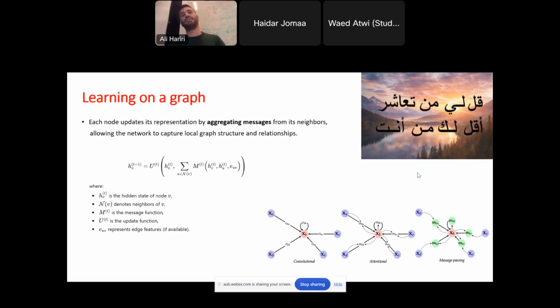Because one can say that I want to sum them equally, and this is how a graph convolutional network operates. But sometimes we are unevenly influenced by our surroundings. So in this case, for example, node XA can have more influence on the central node than node XD. So what do you do in this case? This is where attentional convolution comes in. And this is at the base of graph attention networks.